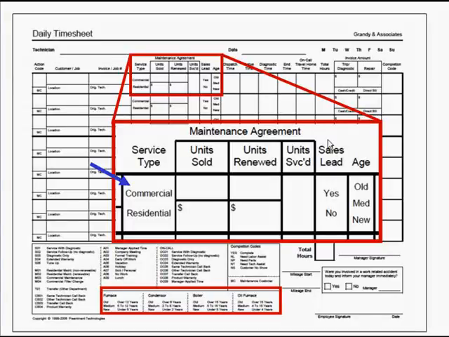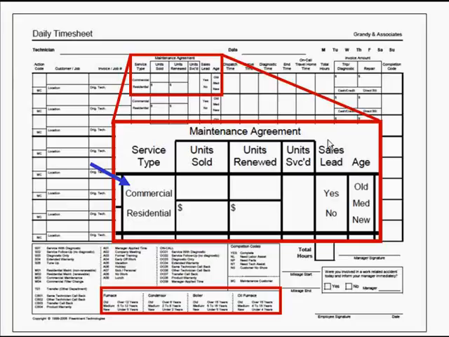That's the beautiful part about ProfitMaxx. You have total flexibility. You can look at a report over a period of time, be it a day, a week, a month, a year. You can look at just a technician, a group of technicians, just commercial work, just residential work. So circling the service type right here is going to let us take that particular call and know whether it's